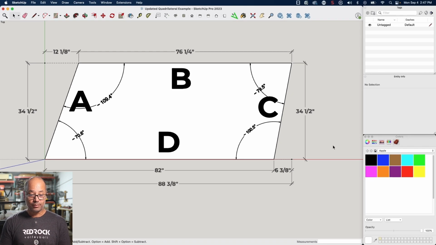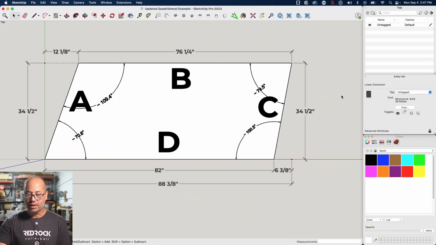I have a fully annotated model that has the length of each edge on it. It has the offsets that help determine that arbitrary quadrilateral. It has the overall height and width of that. That's useful for layout purposes, along with the angular dimensions as well. Super helpful. Now here's a pro tip, and I'll talk much more about this in another tutorial, but I like